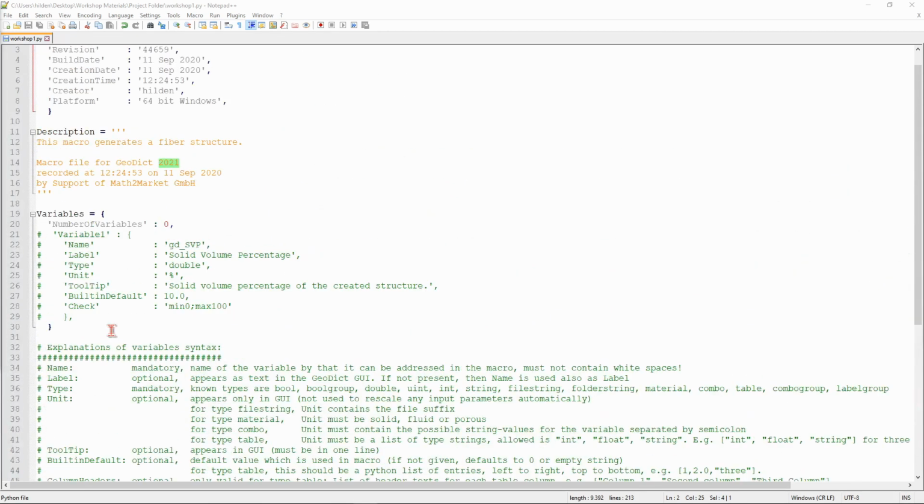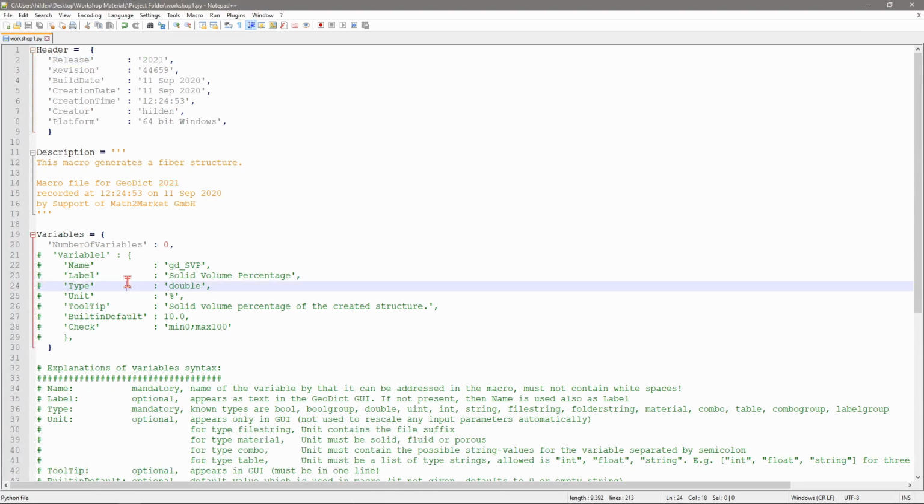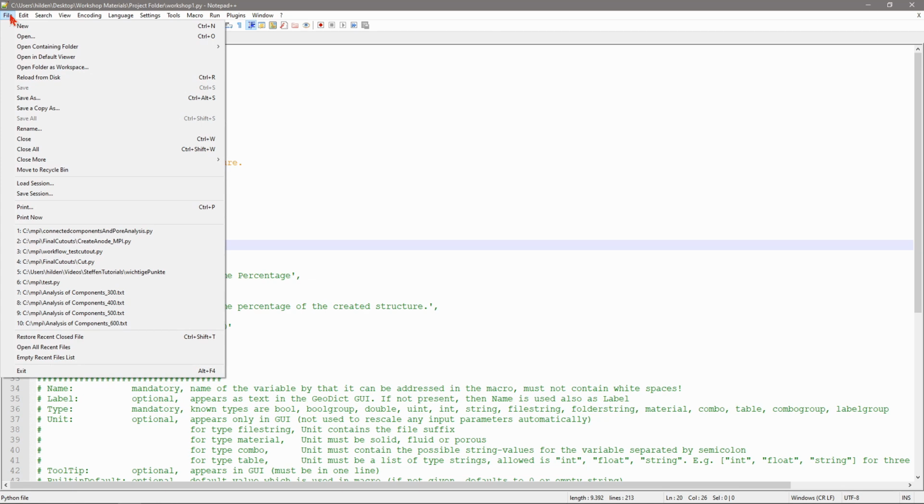So variables in the variables block here in the GeoPython macro can be assigned a value by the user directly from the user interface. This allows you to write a parametric macro and provide it to colleagues who can use it without ever touching the Python source code. We save a copy of the Python file as workshop2, so we don't lose the original. So therefore we click on File, Save As,